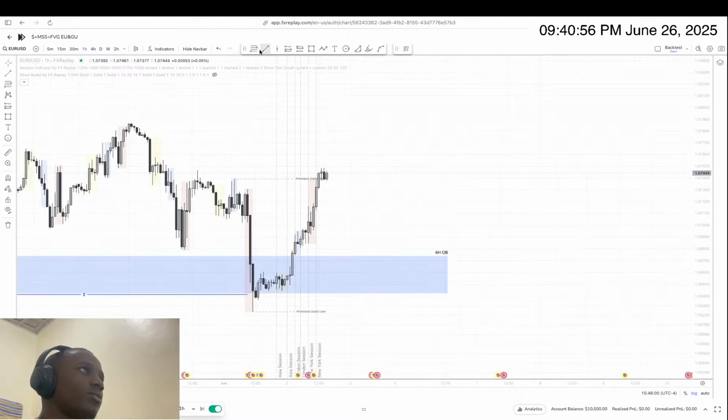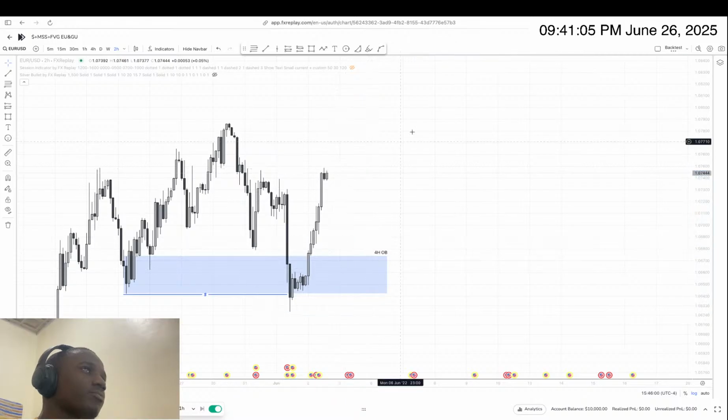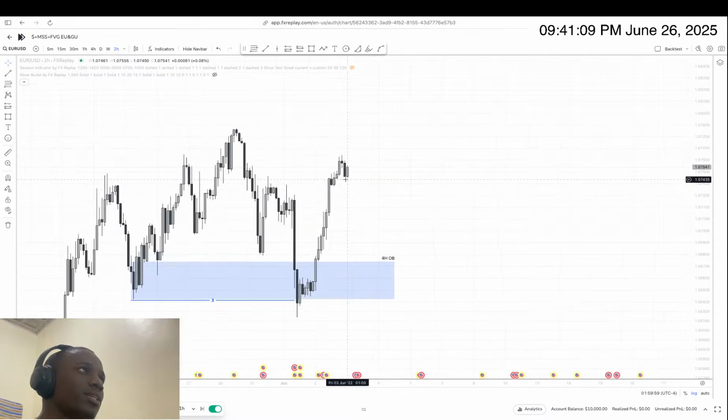So the only way for us to get that continuation is if we return to OTE of this move, at least somewhere in this zone. That's how the next day opens. So next day opens like this,